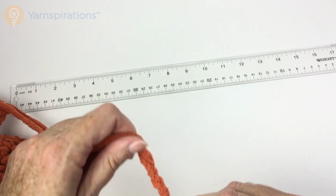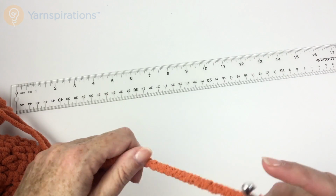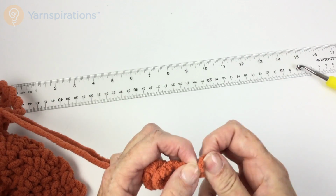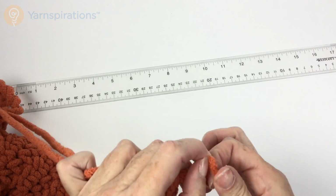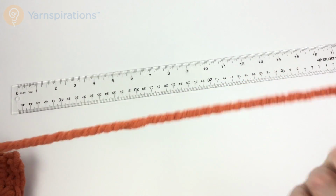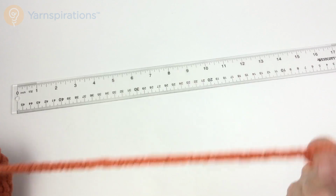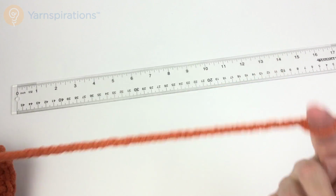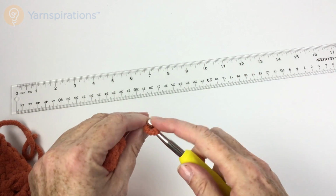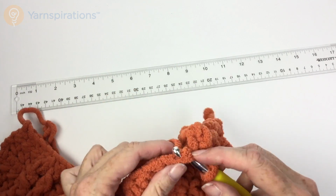3, 4. See, this is what I keep doing. 6, 7, 8, 9, 10, 11, 12. All right, I'm going back to my finger because apparently I'm too stupid to do this with a hook. 13, 14, 15. 30. 40. Okay. Get my hook, put it back in that loop,